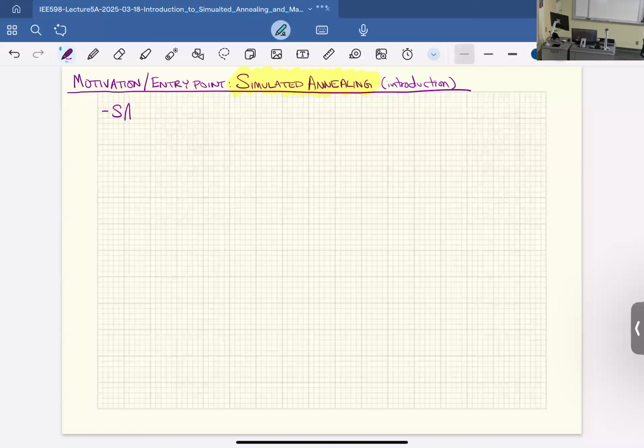So SA is a very popular, very successful optimization metaheuristic. It is not an evolutionary metaheuristic. In fact, the traditional SA is just a single agent running around a landscape, so it's not multiple agents at all. And SA even has hardware implementations now.